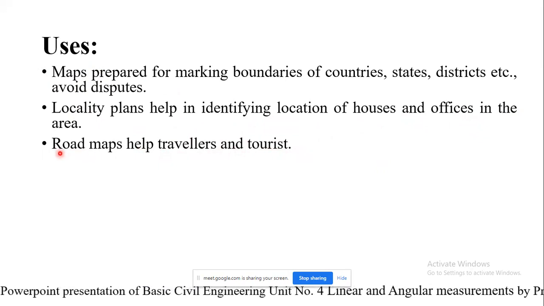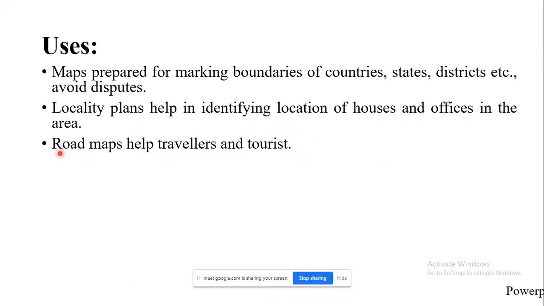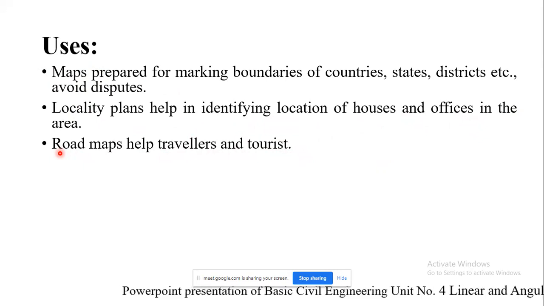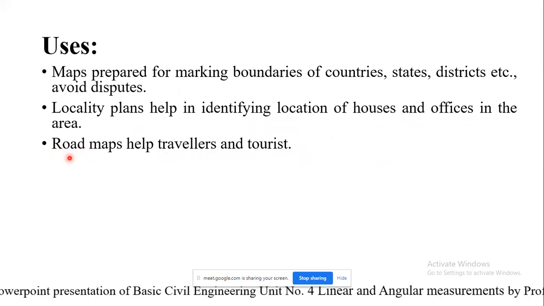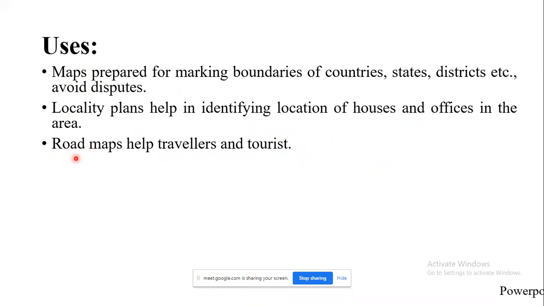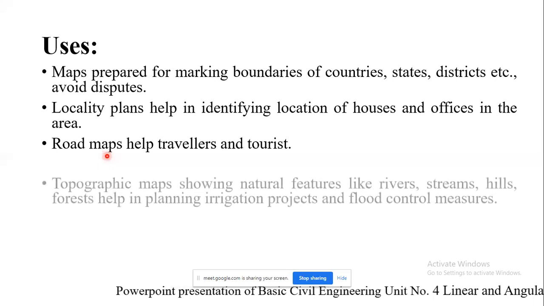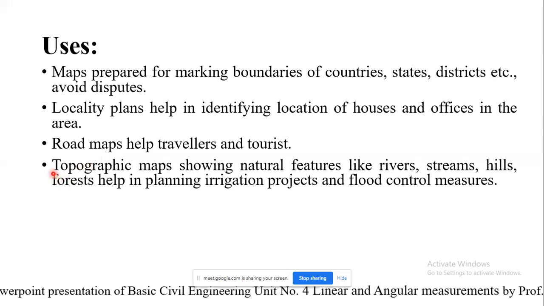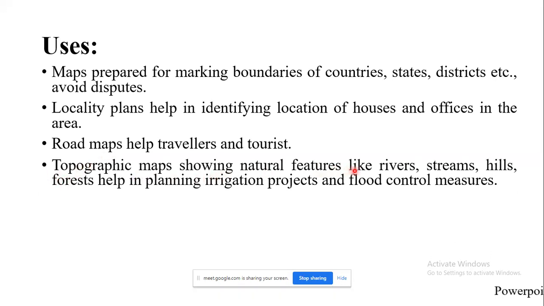If road maps are readily available, and you are interested in going to a particular place for tourist or traveling purposes, then road maps are required. By making use of that, you can easily reach that place. Next is the topographic maps showing natural features like rivers, streams, hills, forests, which help in planning